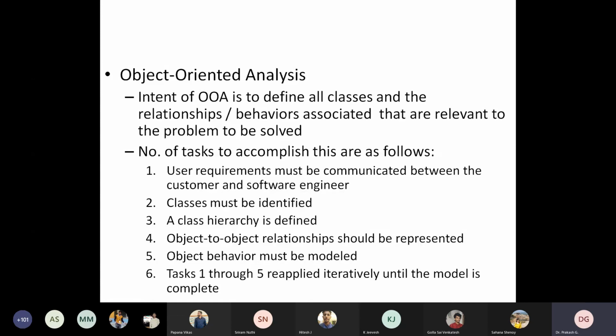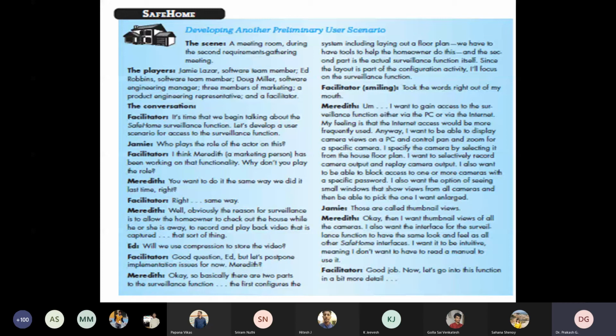So you have to refine it frequently, because there may be some classes which you have to remove, there may be some classes which you have to add, you have to define some new objects, so you have to define some new relationships. All this stuff has to be reapplied again and again. Okay, so these are all the tasks that have to be accomplished under the object oriented analysis.